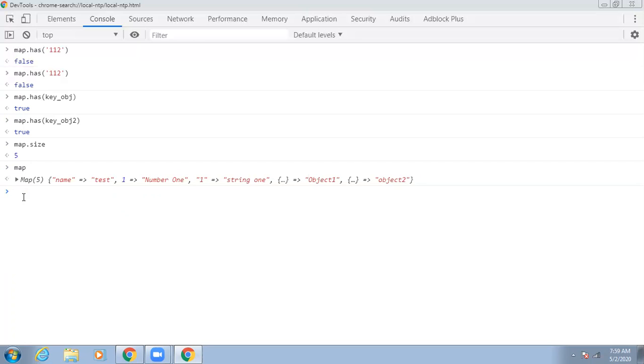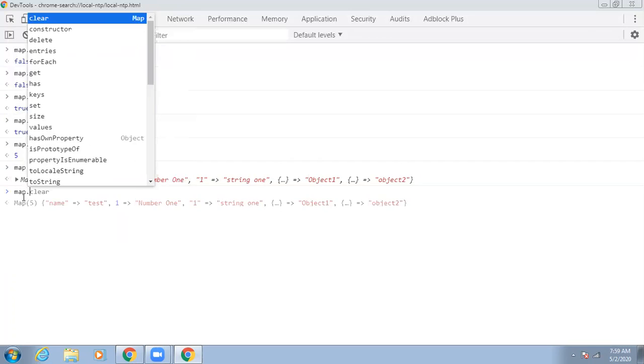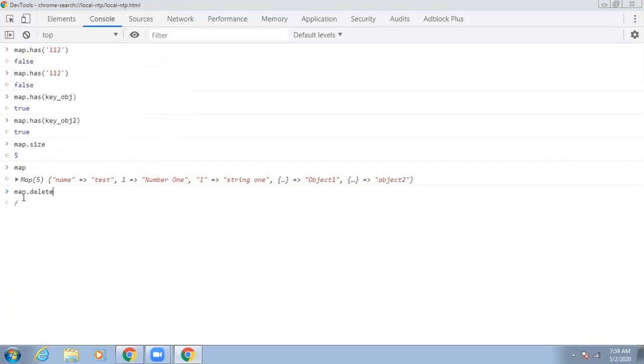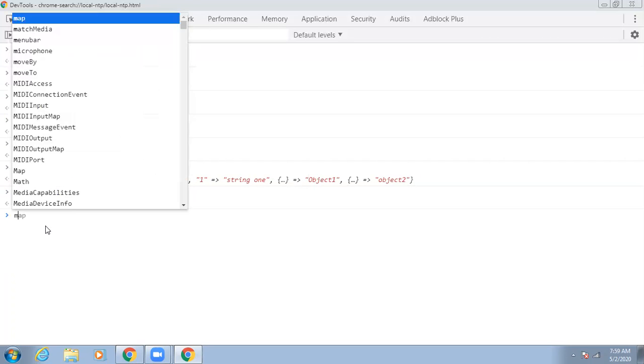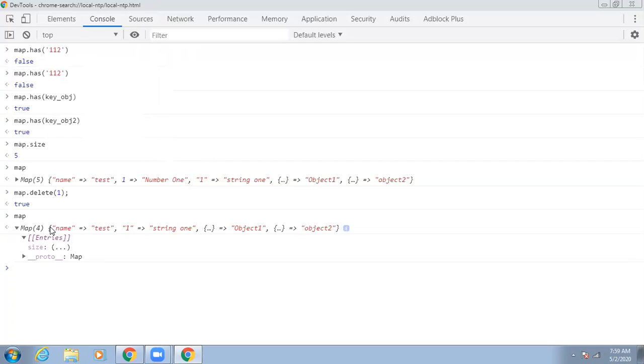If you want to delete number 1, we can delete it. Now let's see, the map contains 4 elements only. The number 1 was deleted. This is string 1. Let us see what the size would be now. The size is going to be 4.